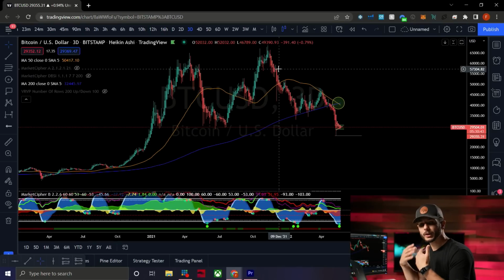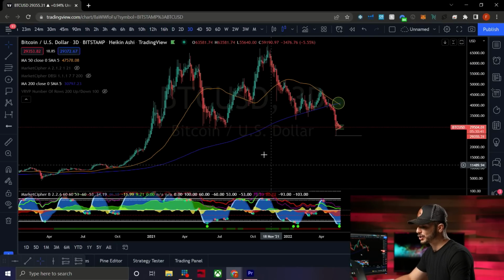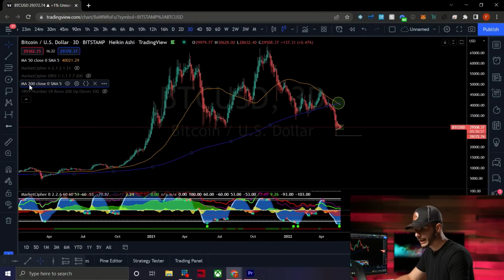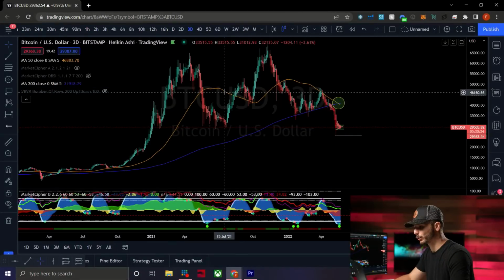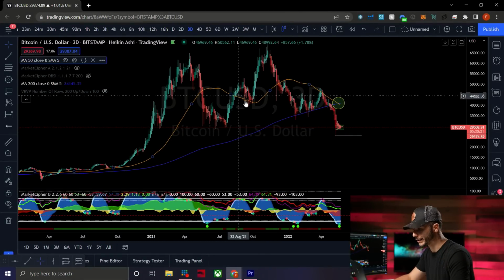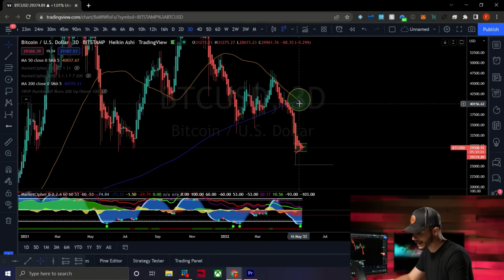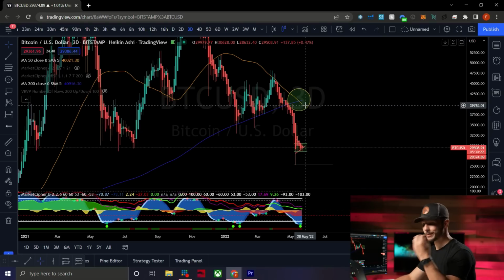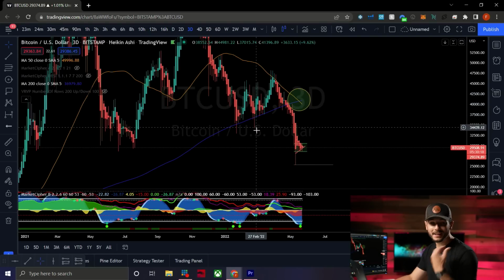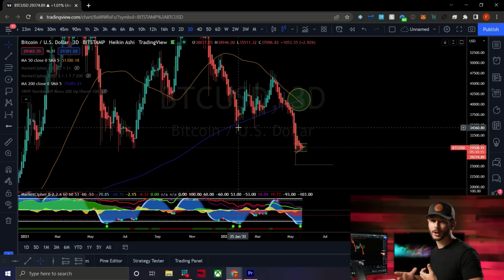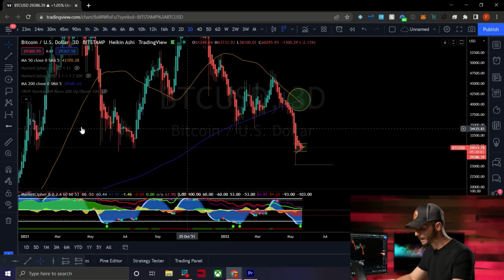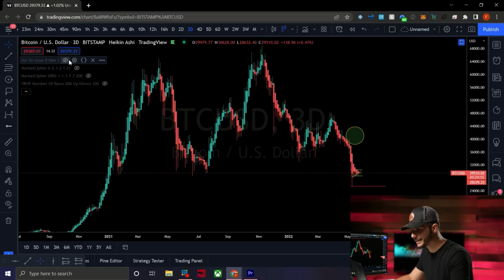Let's get into it. So we're here on the 3-day chart, and you can see I have two moving averages here. You'll see the 200 moving average in blue, and then right here we have the 50 moving average in orange. Now you can see right here I have it circled in gold. We do have a death cross. Now this is a confirmed death cross. And a lot of people are panicking. You know, they're saying, oh my God, this is a death cross on the 3-day, we're gonna dump. And although that might be the case, we're actually going to back test these death crosses and see what has happened in the past and what this could indicate for this current price action that we're seeing right now. So first, I'm gonna go ahead and show you how to get these moving averages on your chart